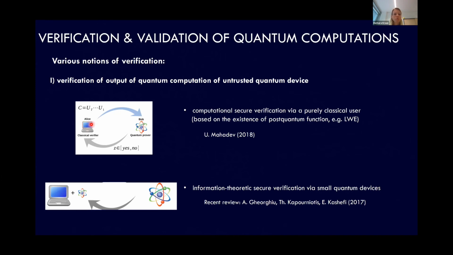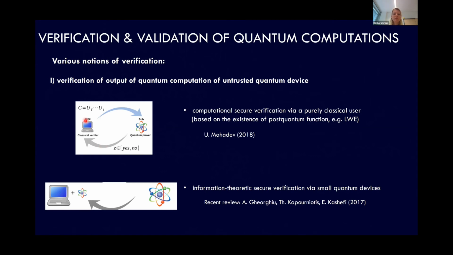And so this works in that you're sending some kind of problem to this quantum computer, and the quantum computer does the computation and then sends you back the answer, yes or no. Now, the question that was posed many, many years ago is: how can I verify the answer? If I send a problem to a quantum computer that I cannot compute myself, because I'm far away from being able to compute that since I just have a classical device, and then I get an answer, and this is a yes or no, how could I possibly check whether this answer is true?